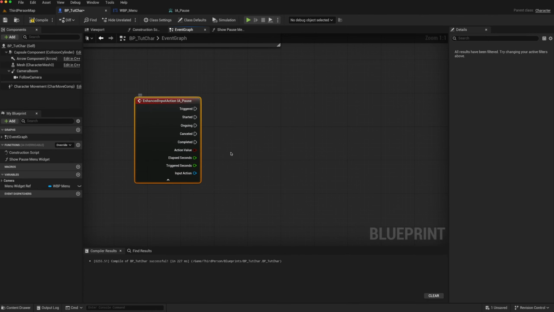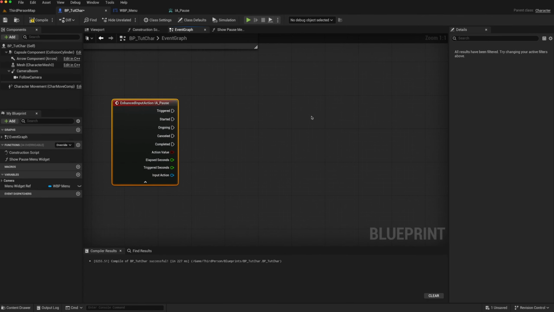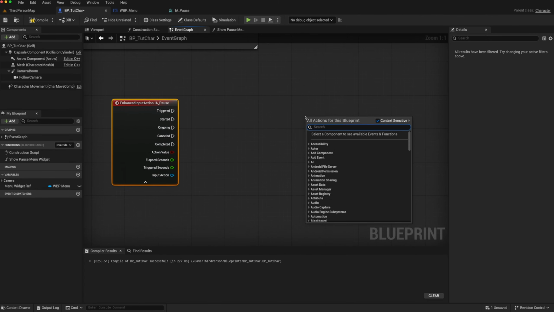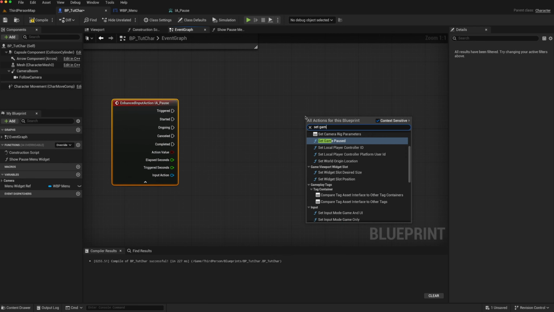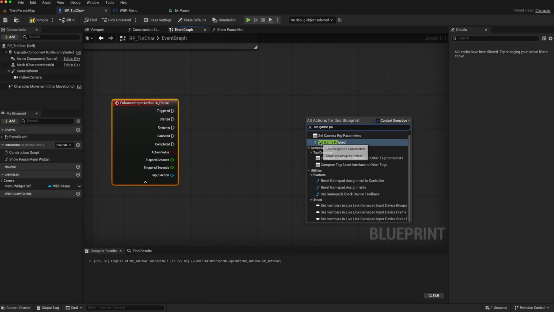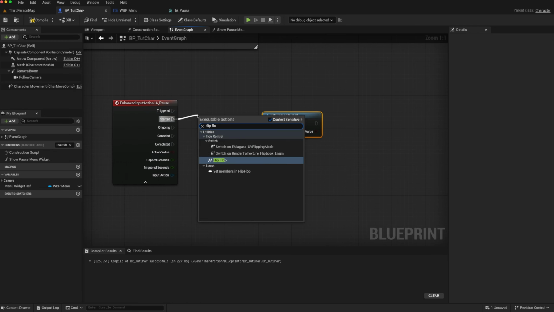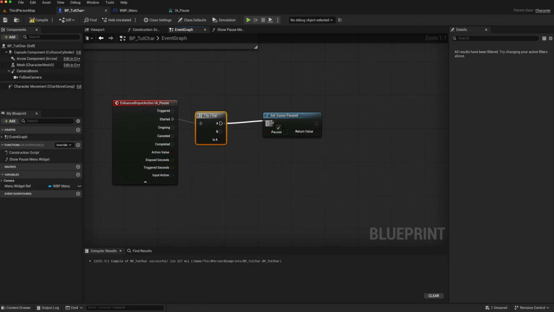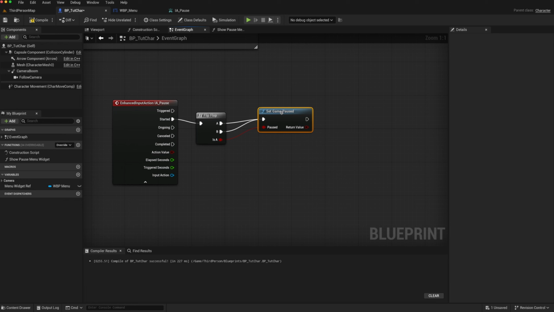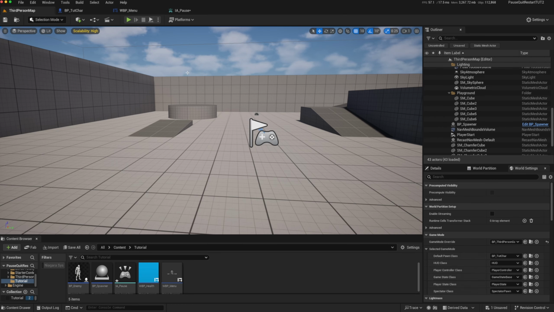And in Unreal, there is a simple node that allows you to set the game to be paused or not, and it's called set game paused. So what we can do is from the started, we can just do a flip-flop and then put both of them into the set game paused node and put this as the value. If we go back to our game and play it,